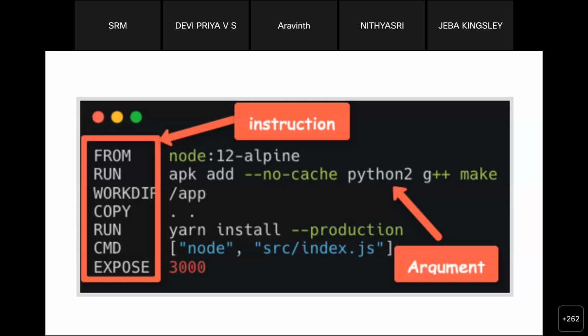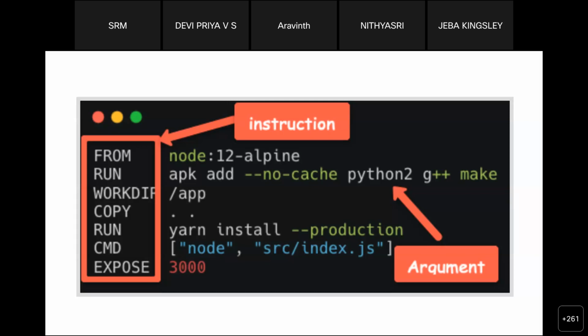And then we have CMD. The CMD command is mainly used so you can interact with the Docker container through the command prompt. So that also we can use the CMD. Other than the CMD, we can also have VOLUME, USER, LABEL. All these instructions are also there. I have used a minimal set of instructions for display purposes.